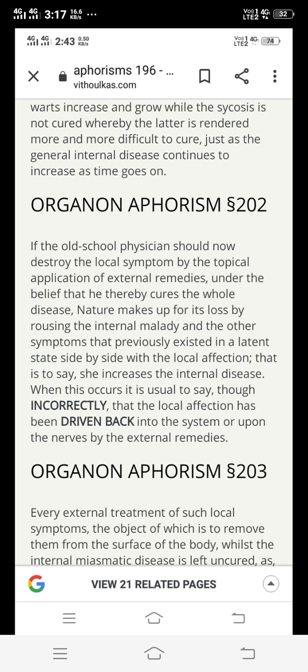So in this they explain about the local maladies and the allopathic treatment. That is, when you use some external application or the allopathic mode of treatment for the local maladies, what happens to that internal disease condition? So in this they want to explain that